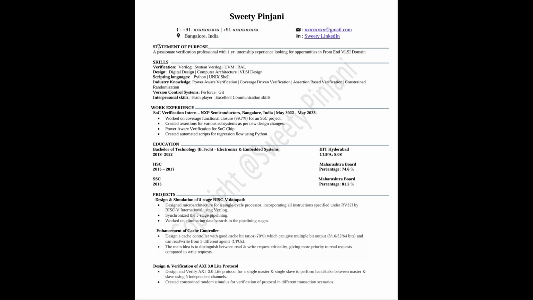Second is, at least one line you should have, like career objective or statement of purpose or objective, where you can write your years of experience, what is your domain, what kind of opportunities you are looking for. Then skill sets. Here we have tried to properly organize into different sections. Work experience, again you see your job title, the workplace, the location, and the duration we have tried to cover